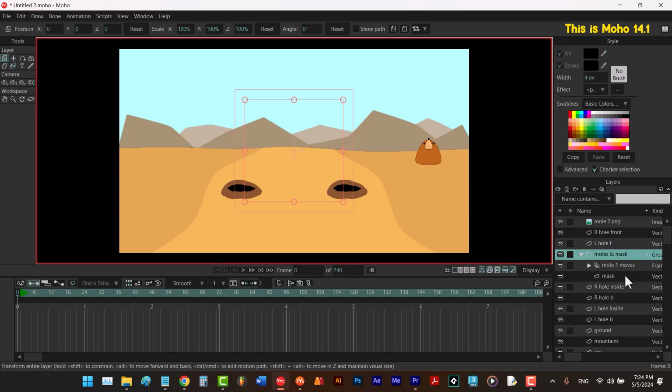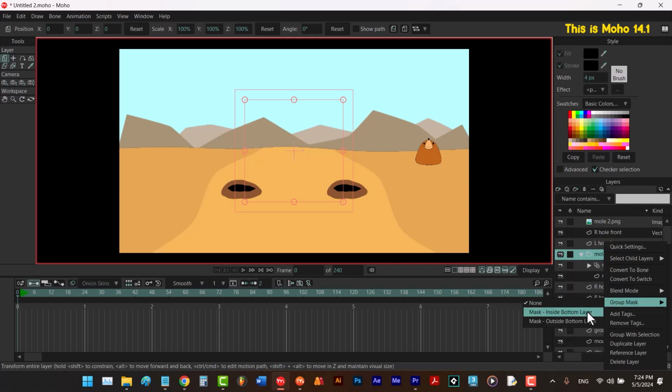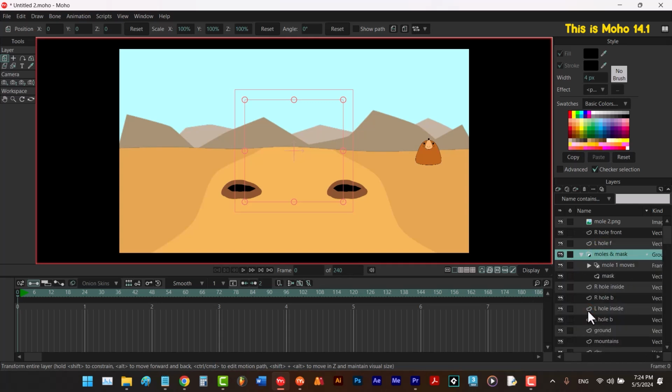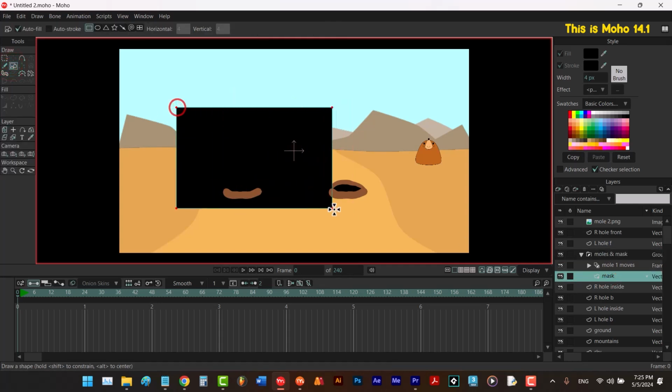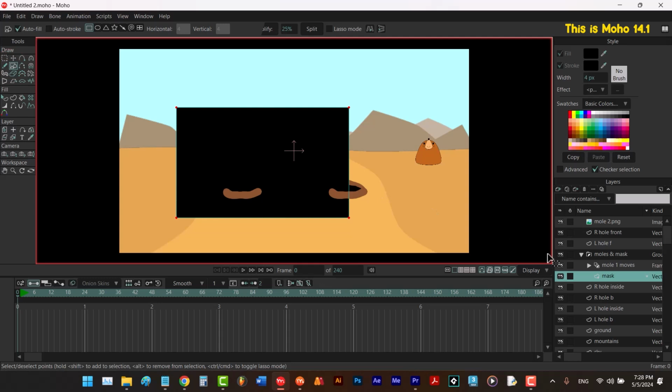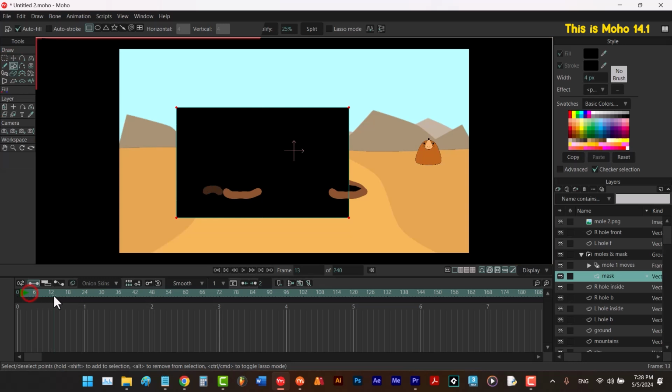And now that we have everything, I'm gonna right click on this group and mask it like this. So this is how you can mask a frame by frame layer. Now let me select this layer. If we draw something inside this layer, you will only be able to see the parts of the layers on top of it that is inside this shape. See? For example here, we can only see the part of our frame by frame layer that is inside